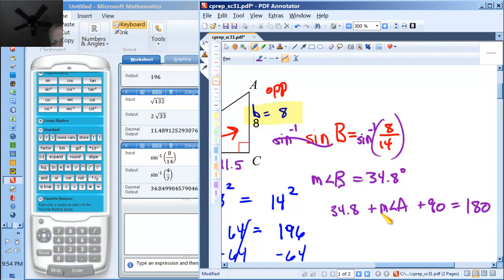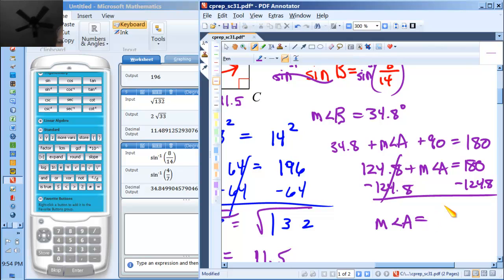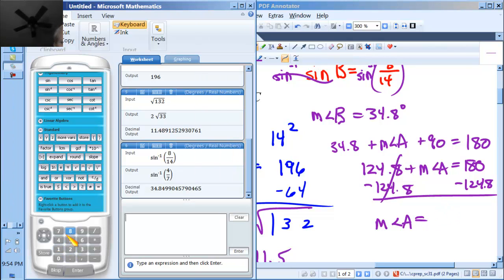And then I solve that little equation. So 124.8 plus the measure of angle A equals 180. I'm going to subtract 124.8 from both sides of the equation. And what do I get? Measure of angle A is, let's see,